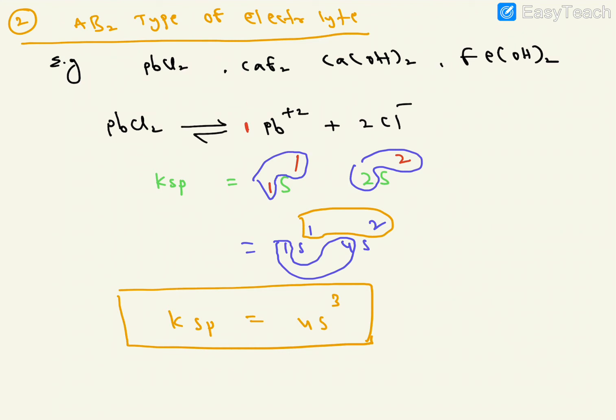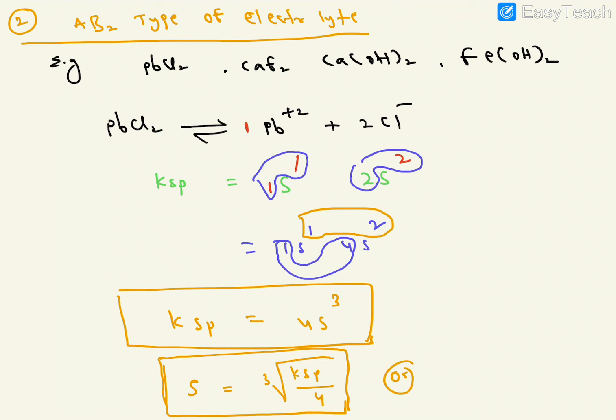Right, from this we get solubility. How can we convert here? The solubility S is equal to the cube root of KSP by 4. So this is the conversion from solubility product to solubility. I hope it is clear. This we can also write, according to the mathematical expression, as (KSP by 4) to the power 1 by 3 molarity. I hope it is clear. The number of moles present here per liter is nothing but molarity.